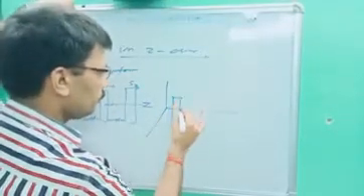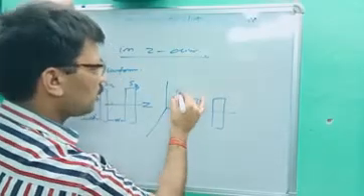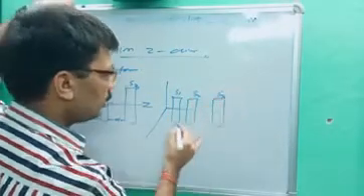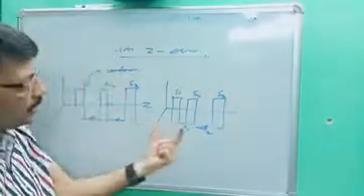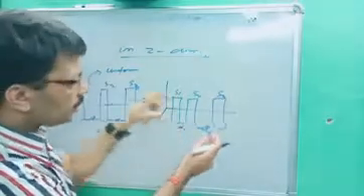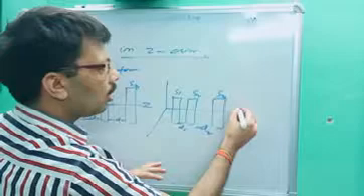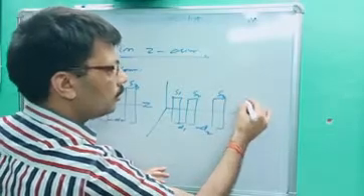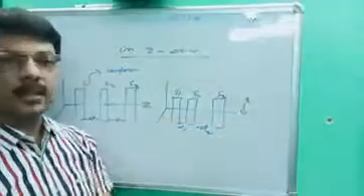In the same way, if you are getting surfaces S1, S2 and S3, and this distance is D1 and this distance is what, D2. You can see here surfaces are closer to each other. Why is this surface away? It means as soon as you are moving outside, the electric field decreases. So this is called a decreasing electric field. This is the equipotential surface for a decreasing electric field.